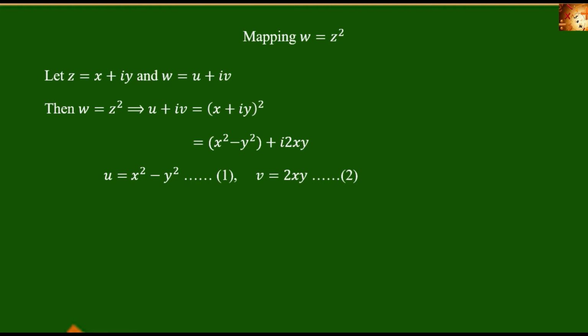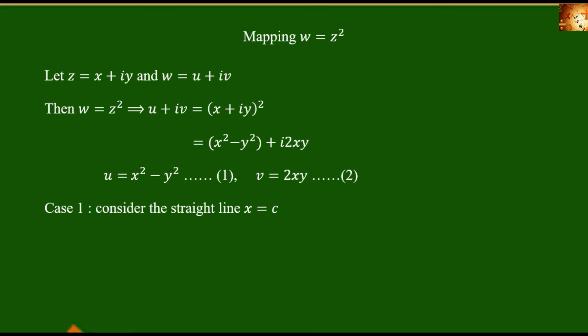Next, we are taking some curves from the z plane and then seeing how under this mapping the curves are mapped onto the w plane. For that, first of all, I am considering the straight line x equal to c in the z plane. We can take straight lines, parabolas, circles, etc. Basically, we are considering simple curves. So here, first of all, considering the straight line x equal to c.